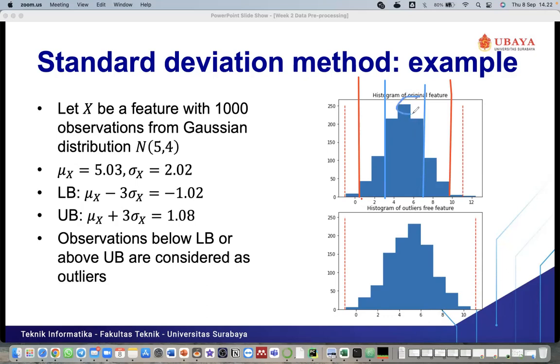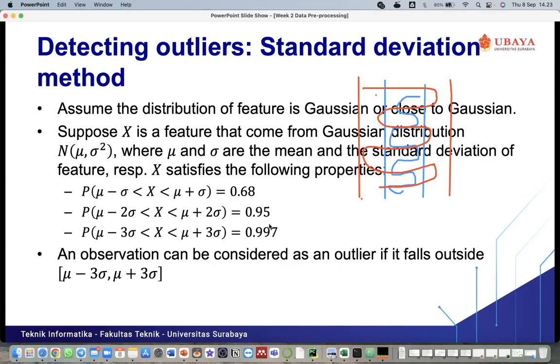If the values are inside this area, the probability will be higher, because the range is wider. If we see on the slide, the probability is 95%.